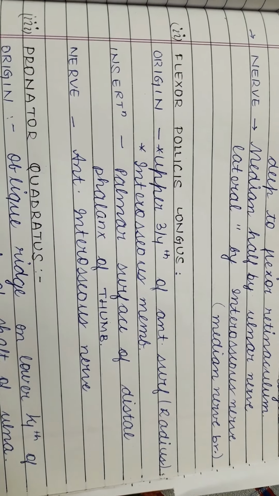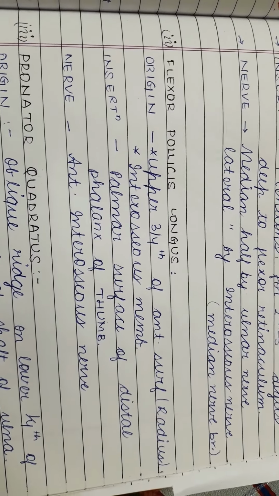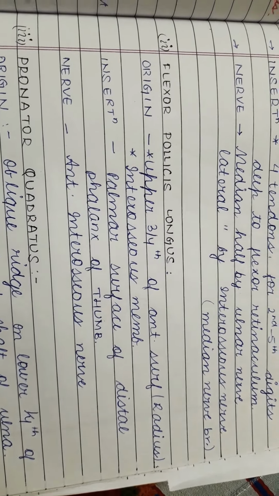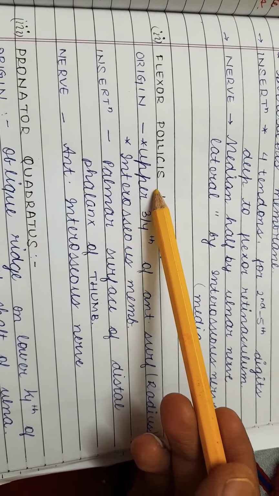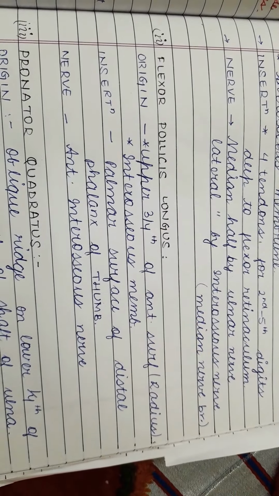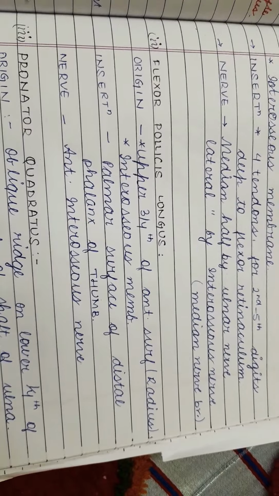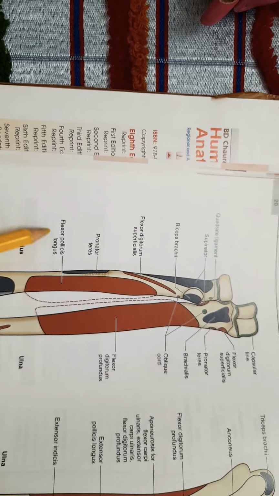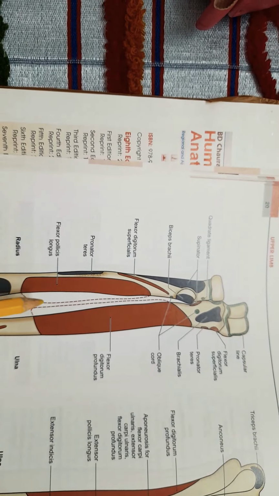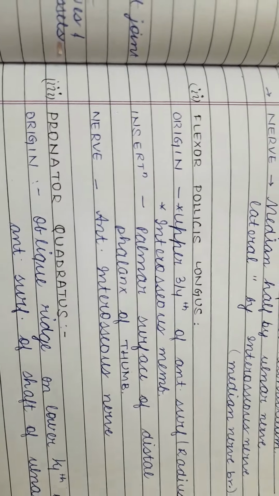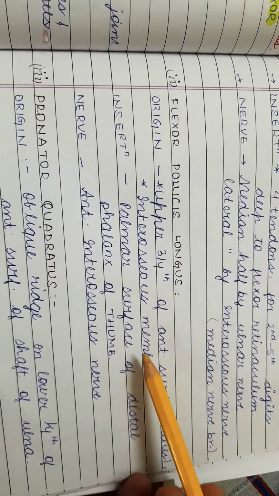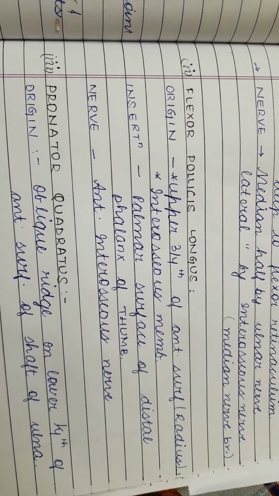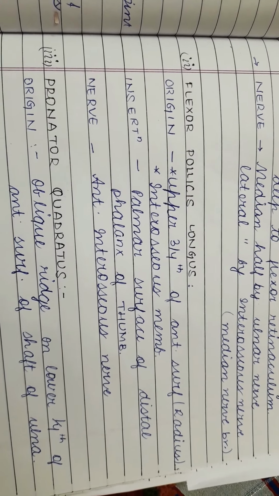Now let us study about flexor pollicis longus. Here the word pollicis stands for thumb, and its origin is upper 3/4 of the anterior surface of the shaft of radius and interosseous membrane. This is the flexor pollicis longus muscle originating from radius. Its insertion is in palmar surface of distal phalanx of thumb, and the nerve which it is supplied by is the anterior